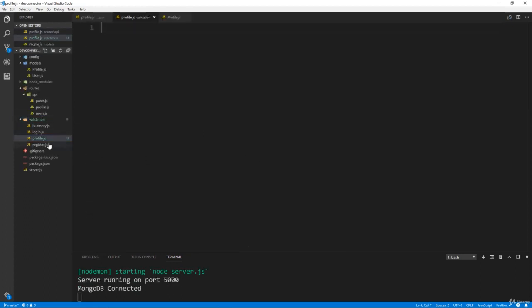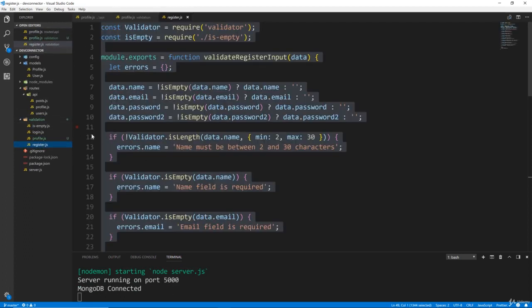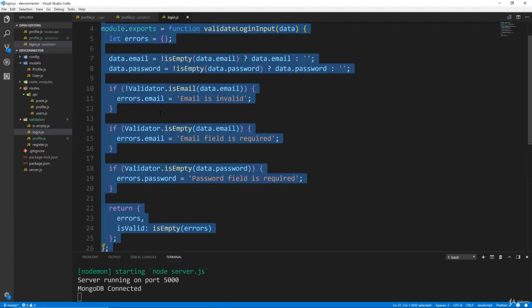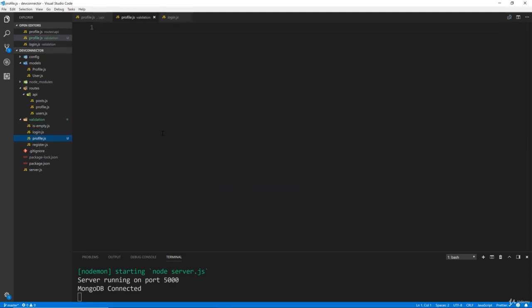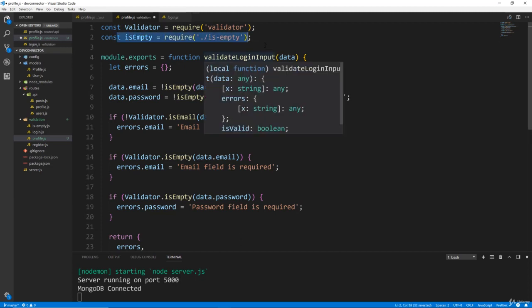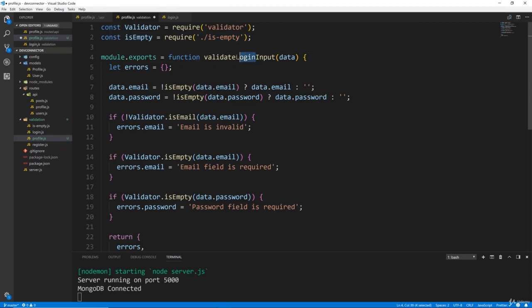Alright, and in here it's going to be similar to these other ones we created. Let's actually just copy the login.js just so we have a starting point, because we're going to want to bring in validator, we're going to want to bring in our custom isEmpty method that we created, and we're just going to change this now to validateProfileInput. Okay, it's going to take in data, we're going to initialize an errors object, and then anything that is going to be required we want to make sure we add here, because again, the validator,